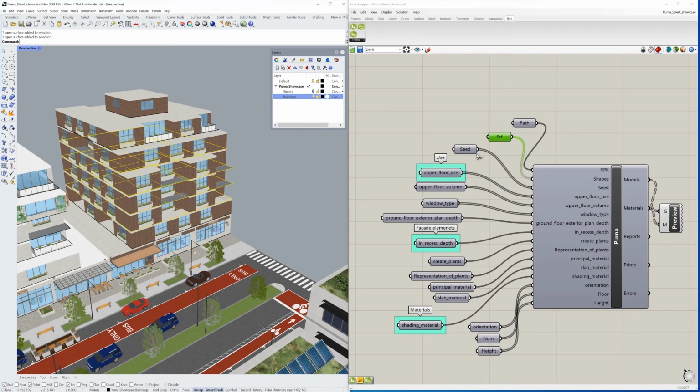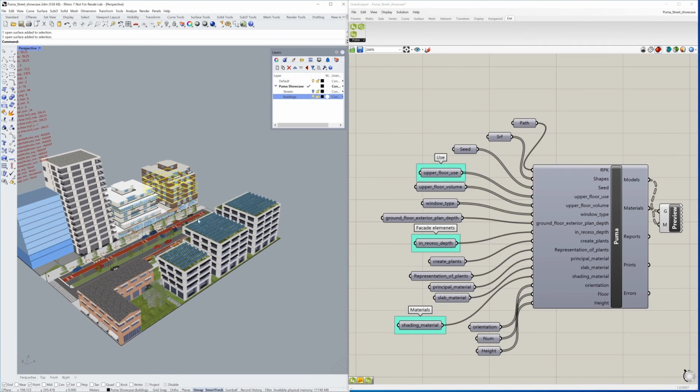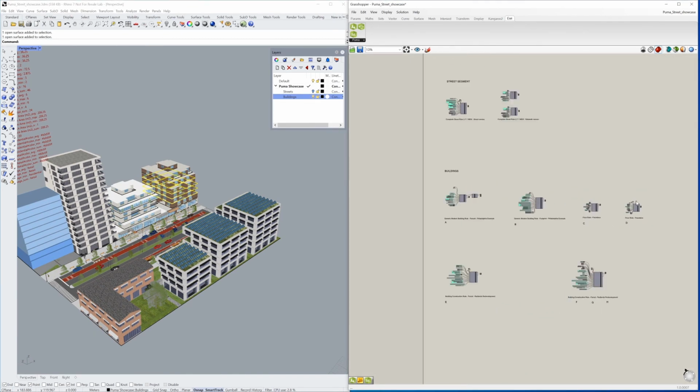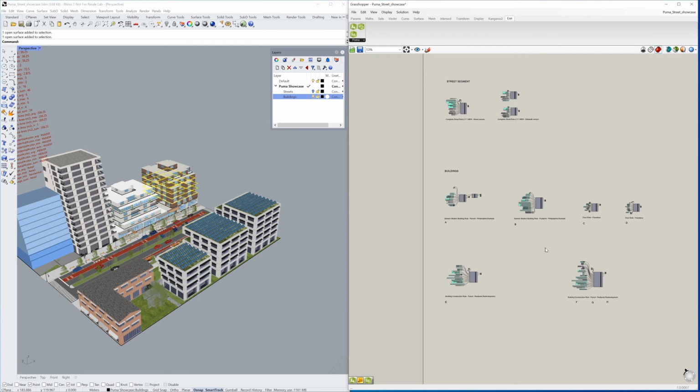So we can then apply different values, different attributes for each component of the list. So this way we can spare a little bit of Grasshopper components and manage the situation on this panel a little better,